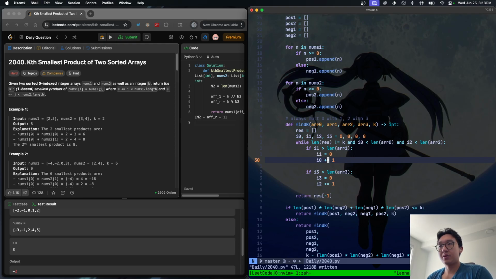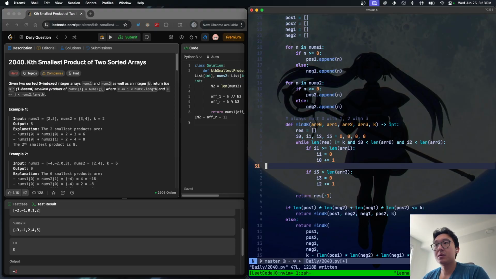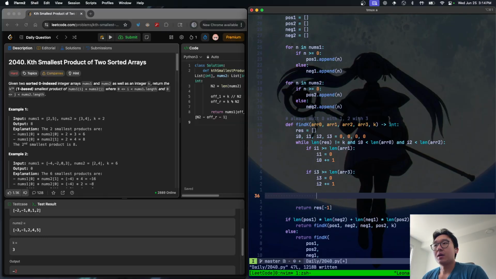Okay, so while length of the response is not equal to k, and I0 is less than length of A0, and if I1 is greater or equal to the length of A1, that means we reset that and increment I0 by 1. If I3 is greater or equal to the length of A3, we reset that, and then I2, we increase by 1. Okay, now as we compare,